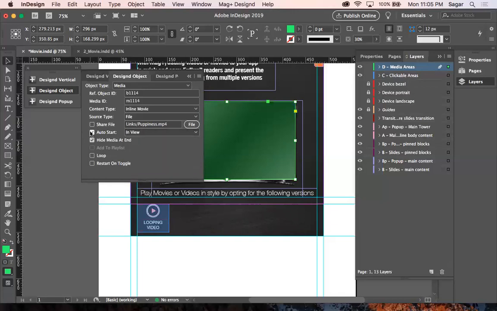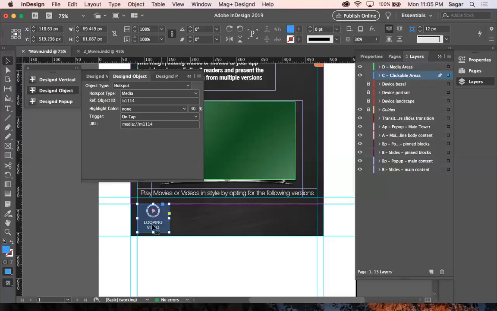And if you don't want it to auto start and you want to set a trigger, you have to set the trigger from that clickable area, which is generated at the time when you hit media. It has the same reference object ID, the same media file name, and in the trigger section you can select what trigger you want: in view, on tap, or out of view. So you can choose between these. Currently it is on tap,